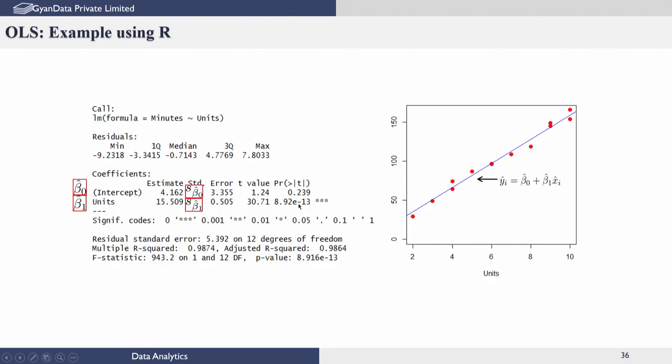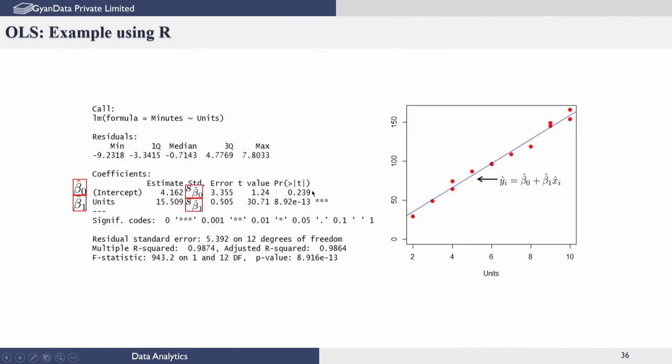So, if you get a very high value, the t value represents the statistic which you have described earlier. It has computed the statistic for beta naught hat and the statistic for testing whether beta 1 equals 0 or not, and compared it with the critical value of the t distribution with appropriate degrees of freedom, and concluded that the upper critical probability is 0.239, which means if you get a very high value for this, anything greater than 0.01 or 0.05, it means you